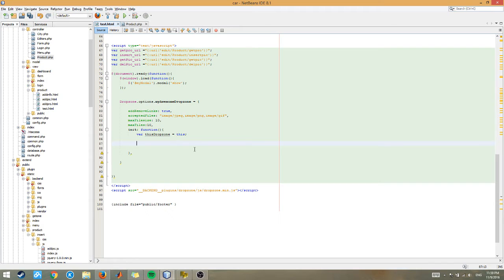The first thing we have to do is to show the selected images. So when the user on change,